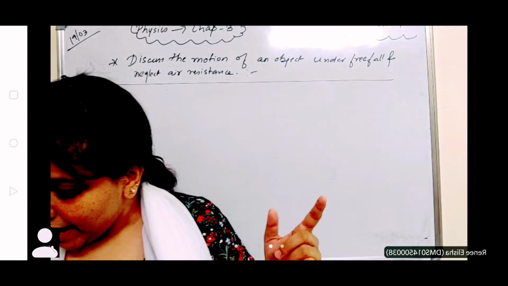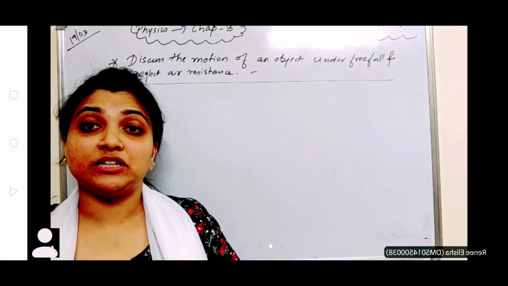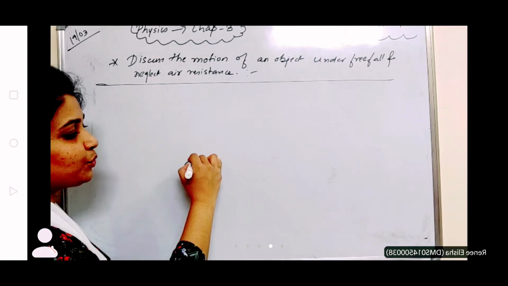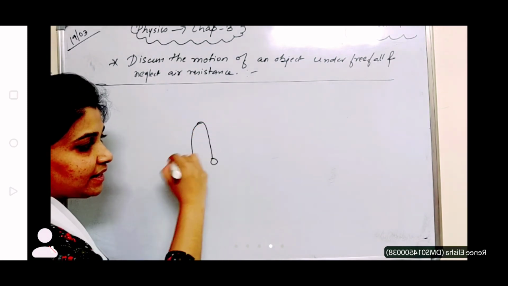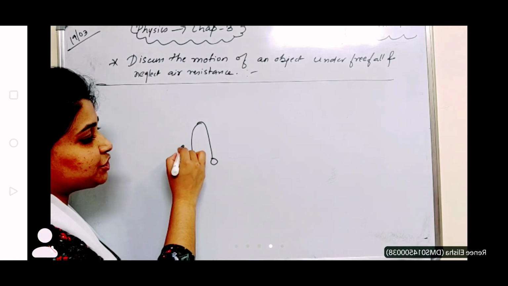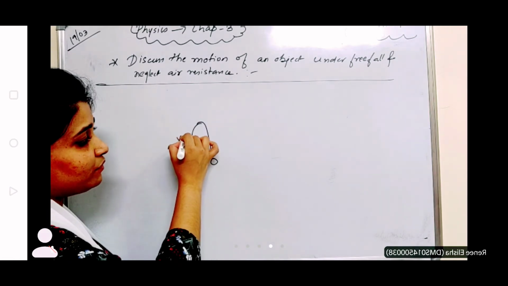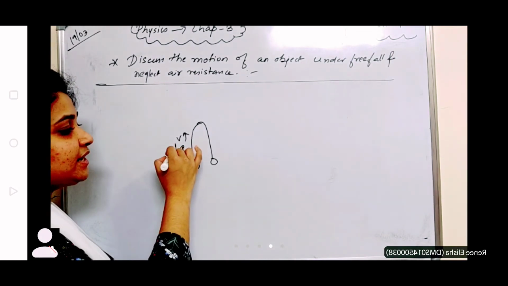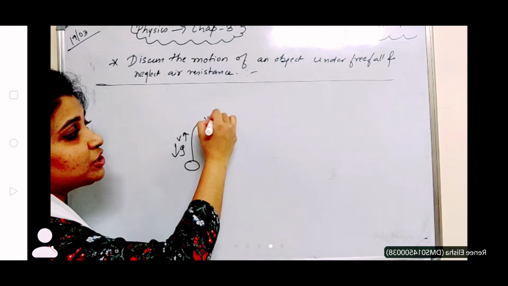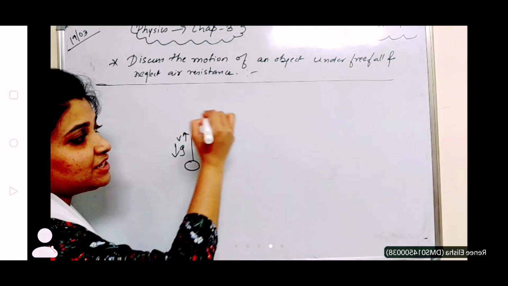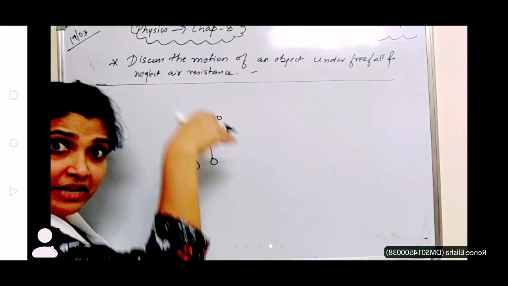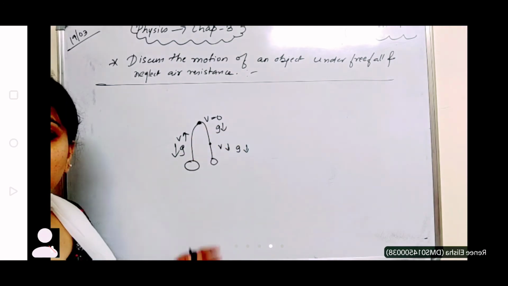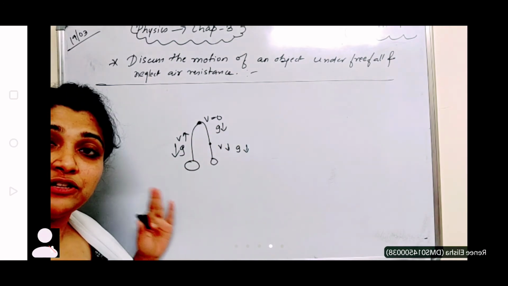So first thing you can write is, an object released near the surface of the earth is always accelerated downwards, right? So if one ball is here, if you're throwing it upwards, it will go and finally it will come back down only. Why? Because there's acceleration due to gravity. Even if it is going up, though velocity is up, still the gravitation is down here, right? Acceleration due to gravity is acting downwards. At the maximum position, v is 0, but still the acceleration is downwards. And here it comes down, yes, greater velocity, it comes down, right? So velocity is downwards, and g, that is acceleration due to gravity, is also present.